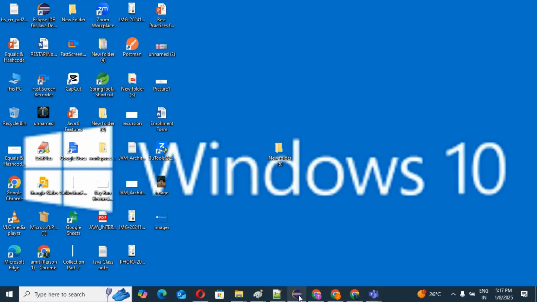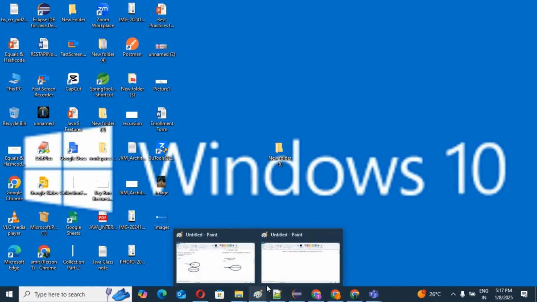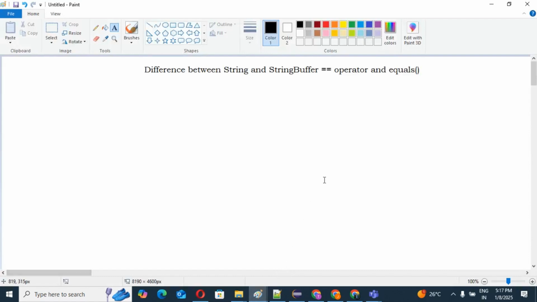So guys, first I will show our topic: the difference between String and StringBuffer, equal operator and equals method. First I will show you what exactly I want to explain.